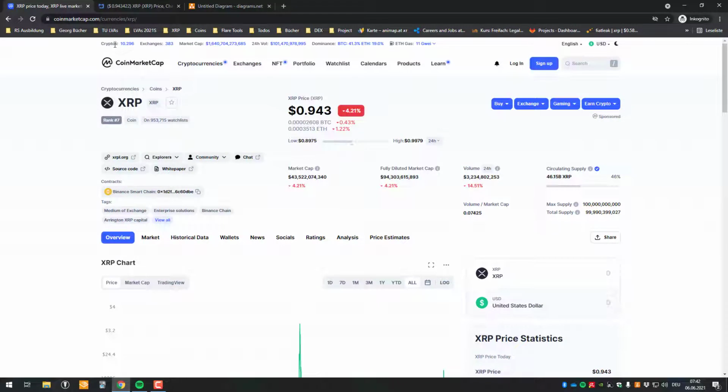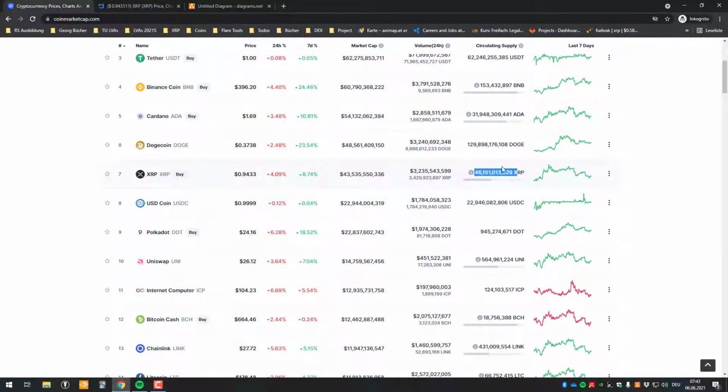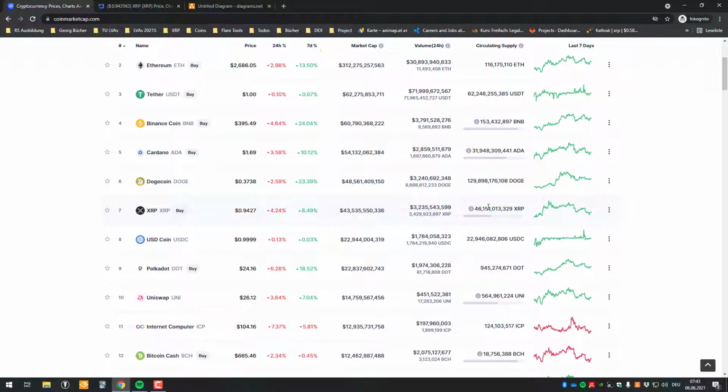That also happened, if you remember, with CoinMarketCap. Regarding the circulating supply, CoinMarketCap was fetching old data. They were using the oldest available data for the circulating supply, and because the circulating supply was low, the market cap was too, since market cap is calculated by circulating supply times the price. So that one is a calculated field, meaning that when the supply is wrong, the market cap is wrong. Therefore, the spot is incorrectly displayed.